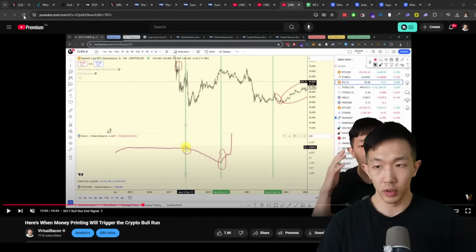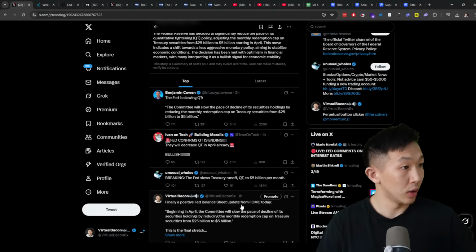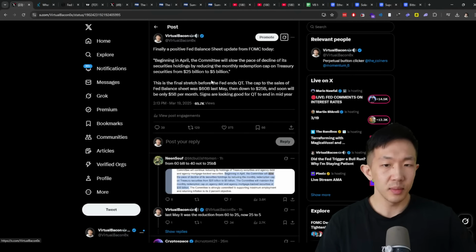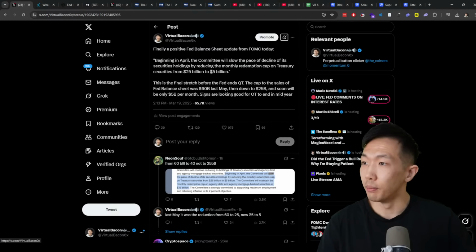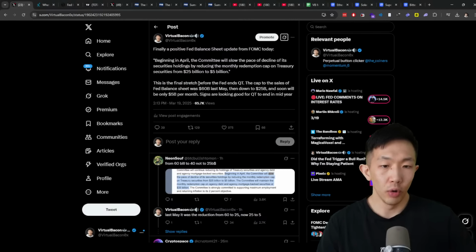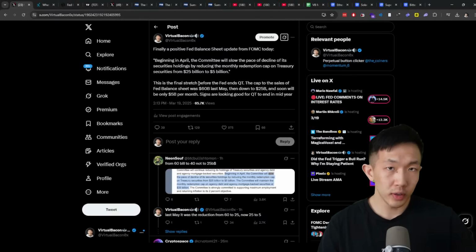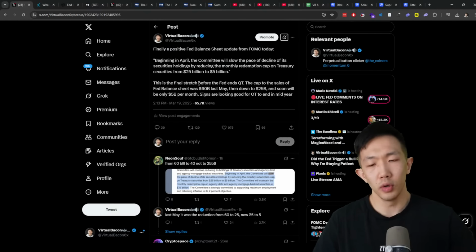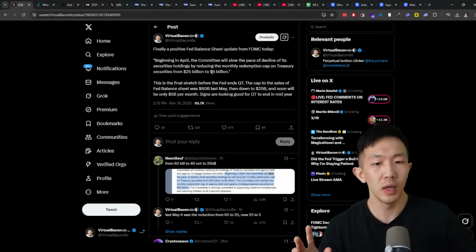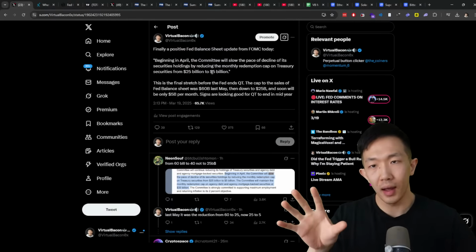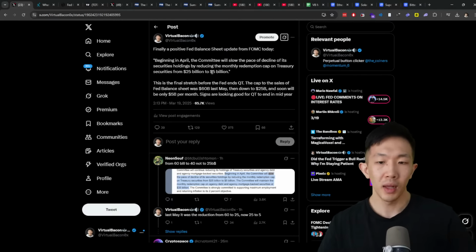As you scroll on the timeline today, here's what you're going to see. So I made a post on Twitter just now. This is a positive Fed balance sheet pivot. You go ahead and read this, but we have been tracking this since last May, since May 2024. And very important here is that although this is a good move to slow the runoff of the Fed's balance sheet from 25 billion per month to 5 billion per month, this is not a one-time pivot that completely changes the whole landscape, because